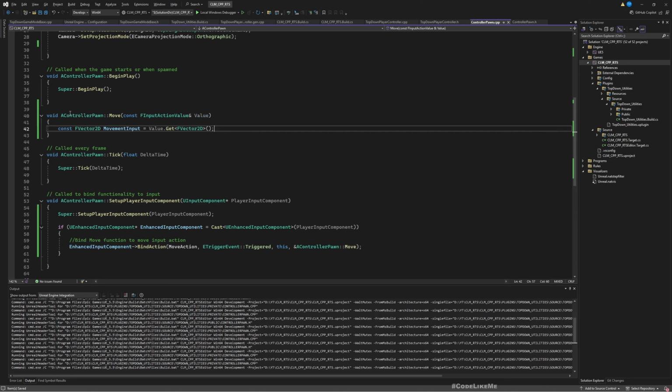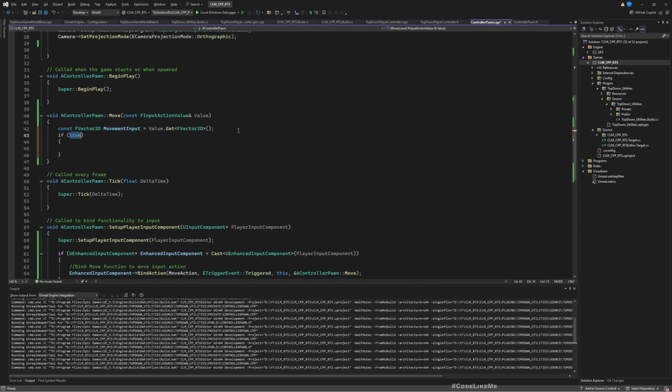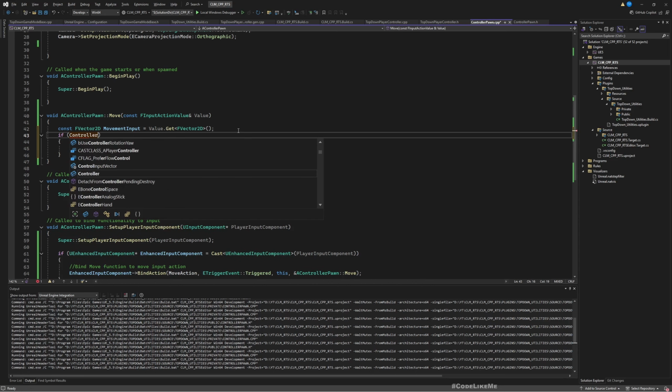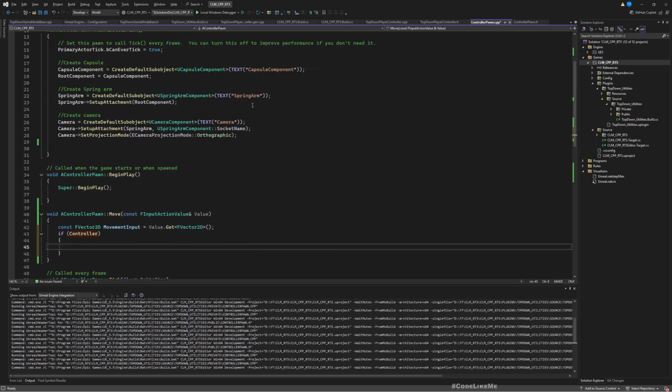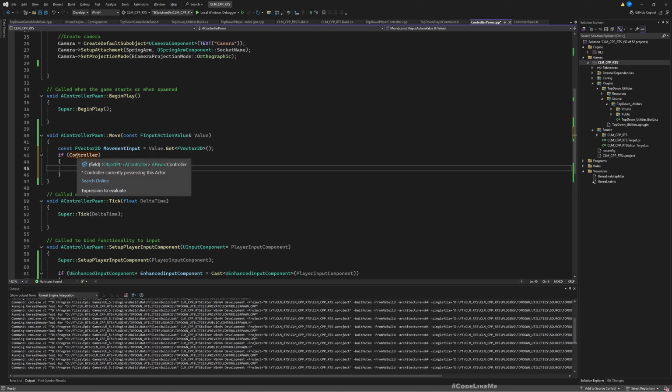Because we are binding this to an axis 2D, so the value would be in an f vector 2D format. Right. Now, if we have a valid controller, this is already there by default in the pawn class, so